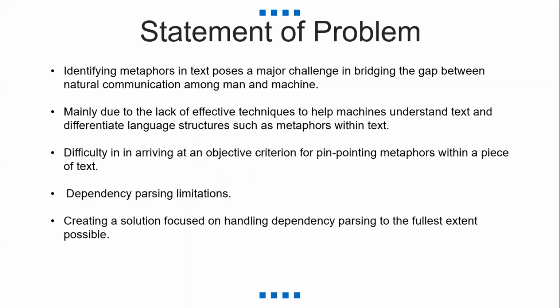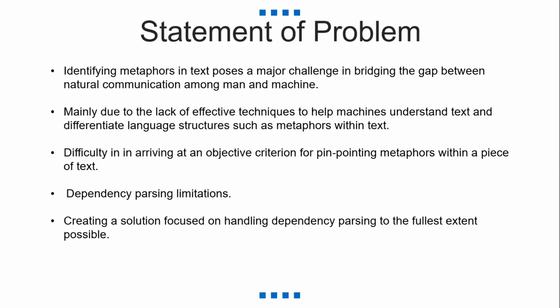As would have been seen in the other articles, identifying metaphors in text poses a major challenge in bridging the gap in natural communication between man and machine. But why? First of all, there is a difficulty in arriving at an objective criterion for pinpointing metaphors within a piece of text, which diminishes the reliability of those systems. And secondly, there's a lack of effective techniques to aid machines in understanding text and differentiating language structures in text, which is known as dependency parsing. So it can be argued that creating a metaphor identification system geared towards handling dependency parsing as effectively as possible is necessary